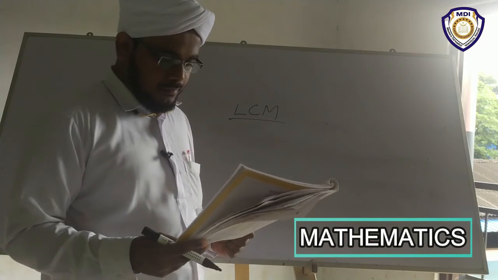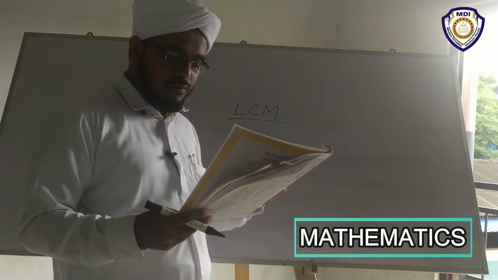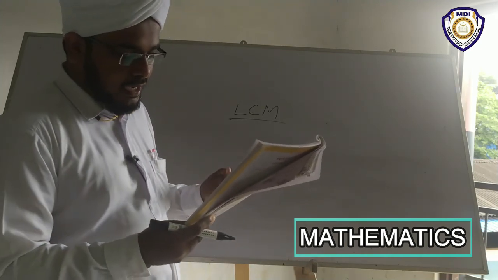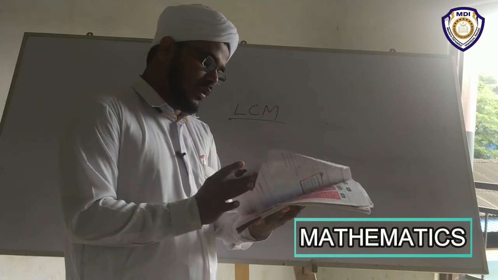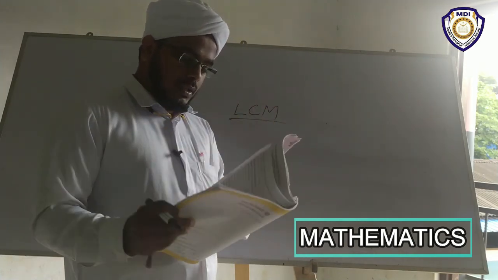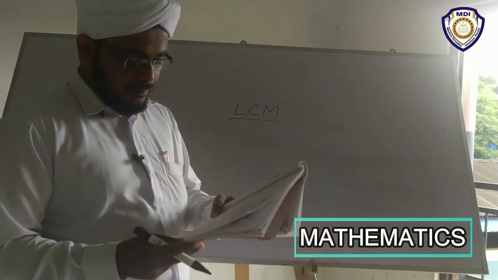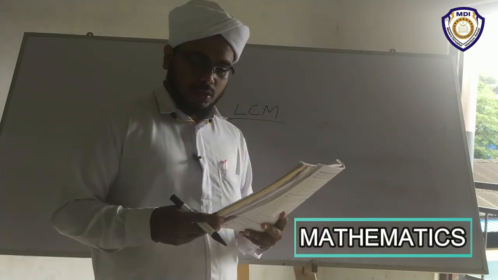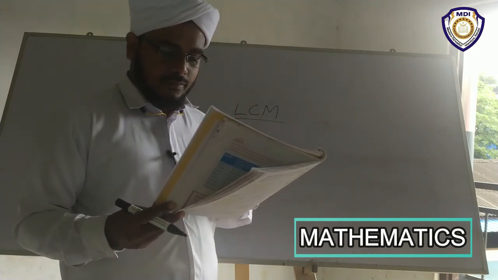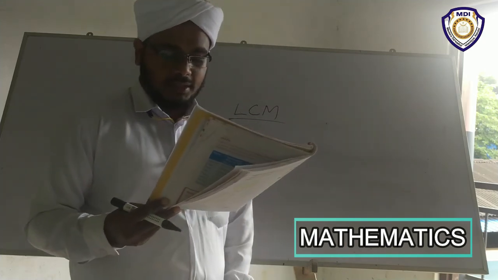Next point, example 2: find the LCM of 12, 16 and 20 using the prime factorization method. There is a solution you have to work out. Okay, then you can find it very simply. If you have any doubt, you just ask me. Okay,